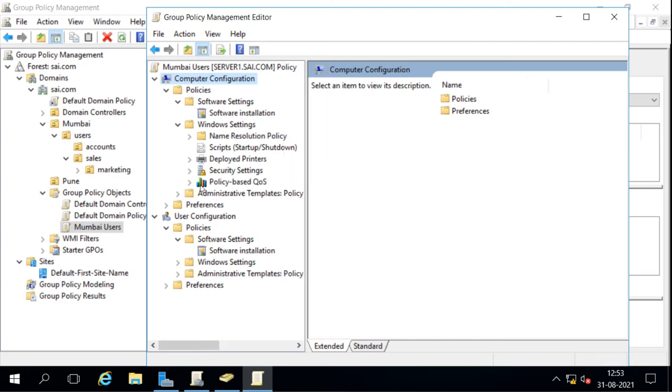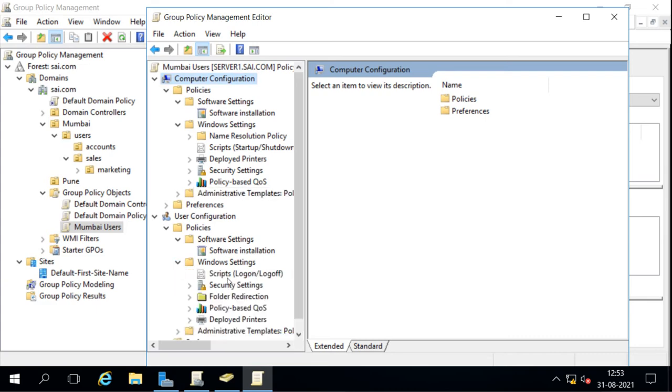We have these different settings, and if we open the Windows settings for users, then it is a little different here. If you see here, we have scripts also, but they are different. In the computer configuration Windows settings, the scripts apply on startup and shutdown.